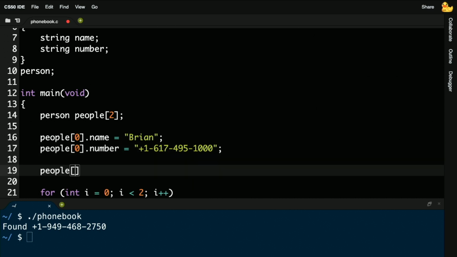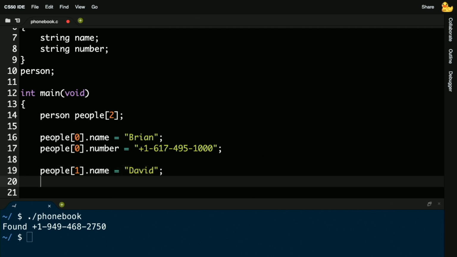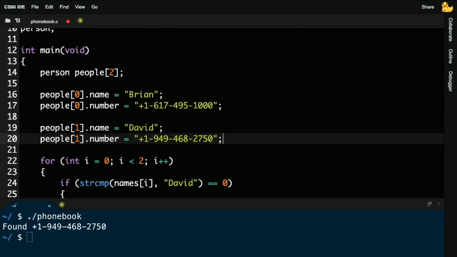Meanwhile, if I want to access a location for myself, I'm going to go ahead and put it in location 1, which is the second location. Name will be quote unquote David. And then over here, I'm going to do people bracket 1 dot number equals quote unquote +1 949 468 2750 close quote semicolon. So it's a bit verbose, admittedly,